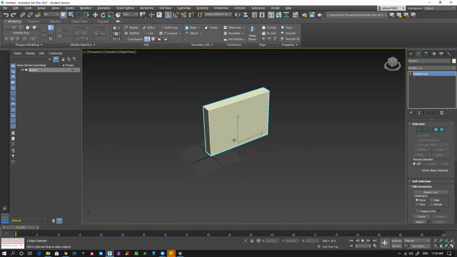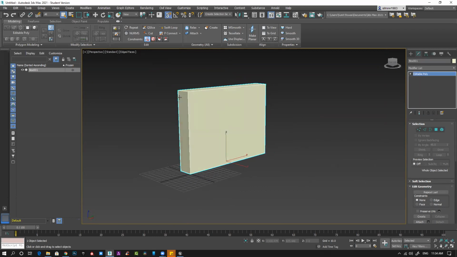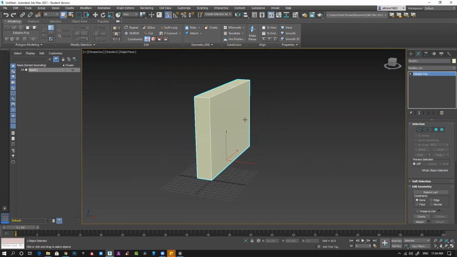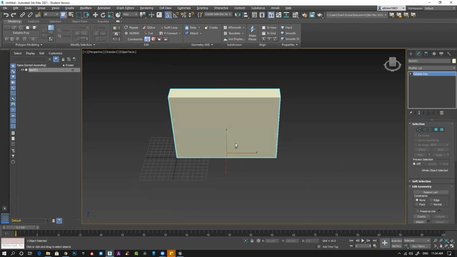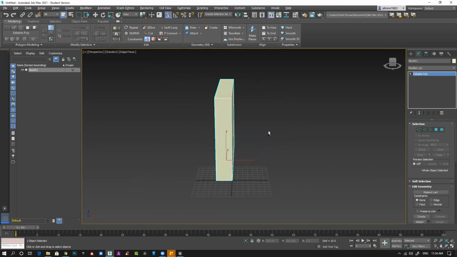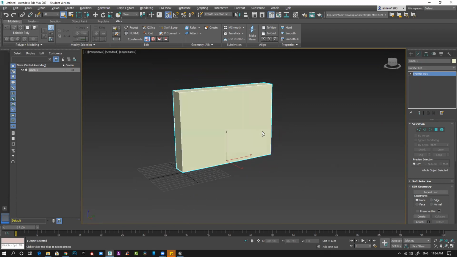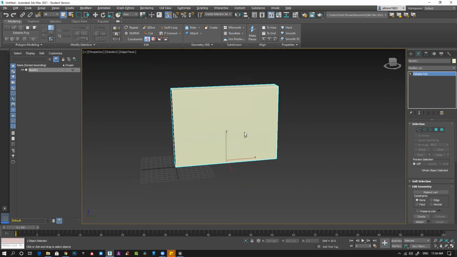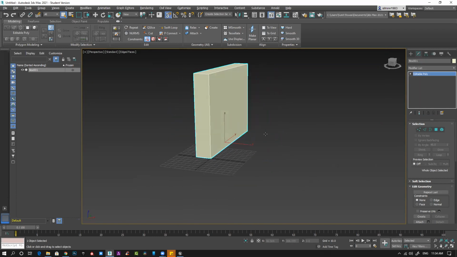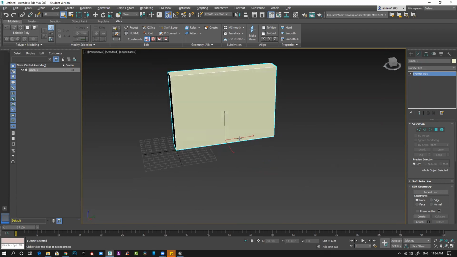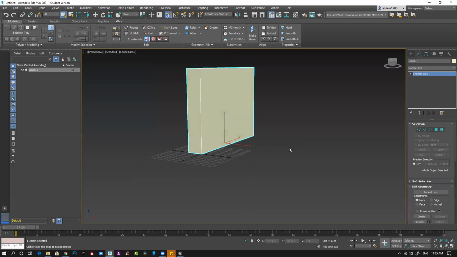So let's quickly create something out of it. With F4, I can see all this wall. This is a wall, and I want to create multiple walls. What to create? Okay.